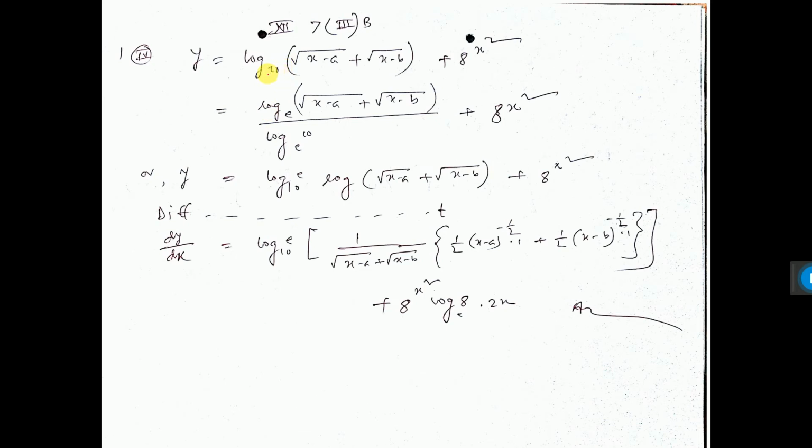Now this one, direct, if you differentiate, then log, this one will be wrong, because d/dx of log x we know 1 by x, but in that case base should be e, but here our base is 10. So we cannot apply direct log x formula 1 by x. That is why we have to apply formula log m base n equal to log m by log n. So log m base n equal to log m base e by log n base e. This formula we have applied.